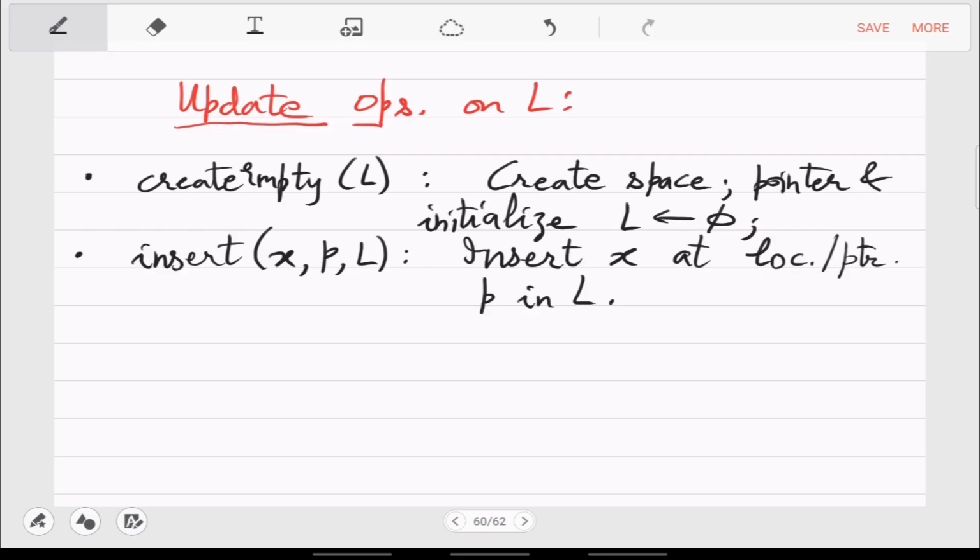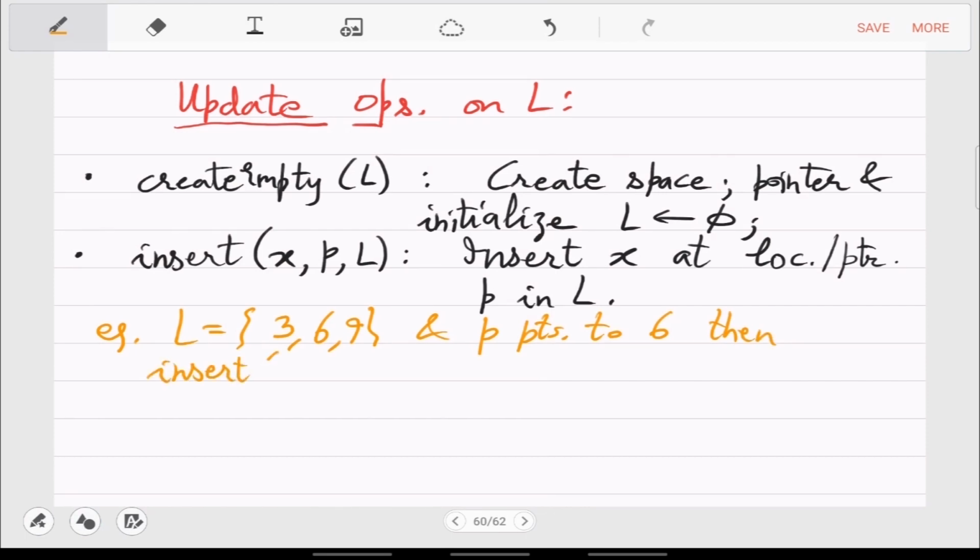So in the abstract example, this is what will happen. So if you insert, let's say L is equal to 3, 6, 9, and P points to 6, then when you do insert, let's say you want to insert X at this location P in this list L, then what will you get?